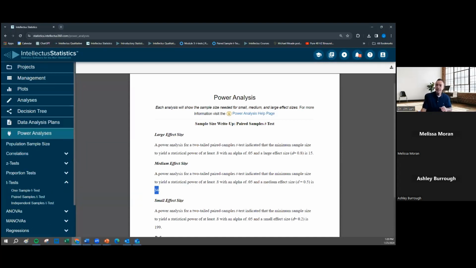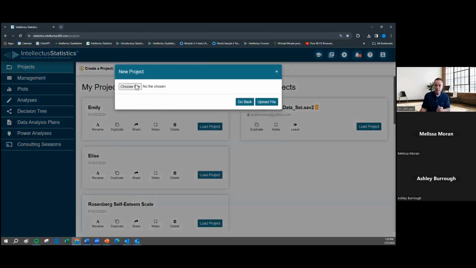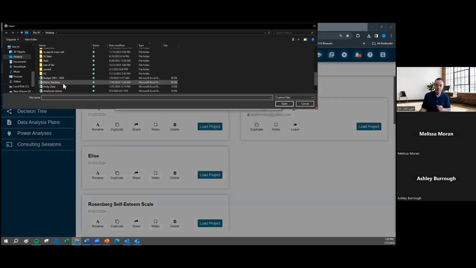Okay, and then there's video libraries and manuals all built in. I will add one other quick thing, which is we just added a data cleaning feature. It occurs to everyone doing data analysis, 90% of it is data cleaning. So if I go to upload a file,